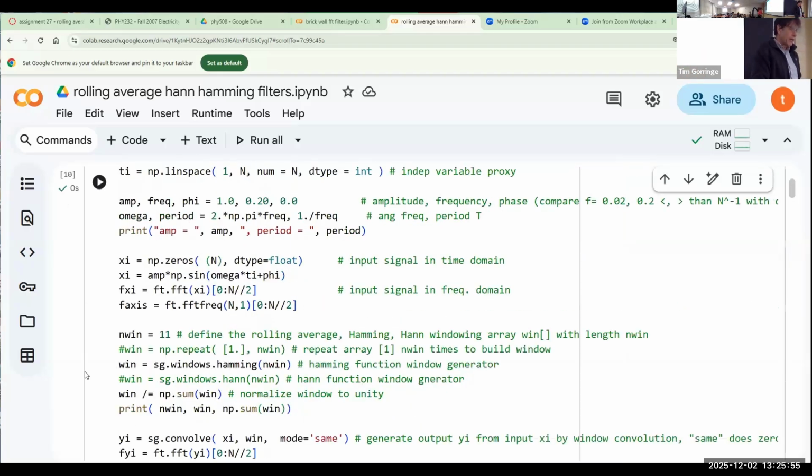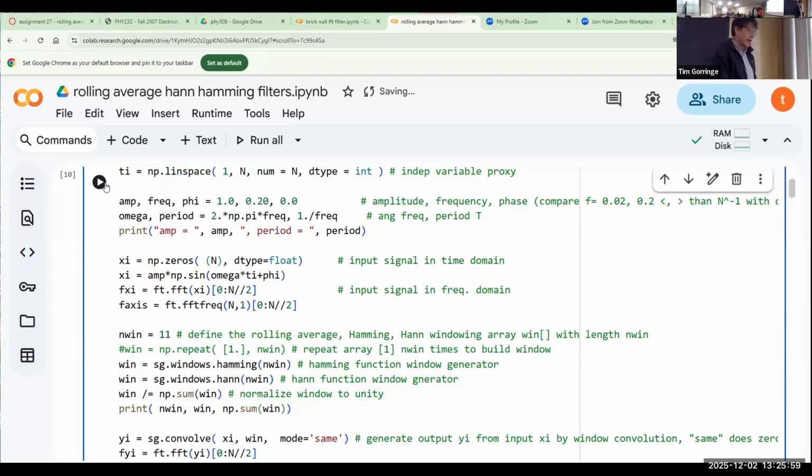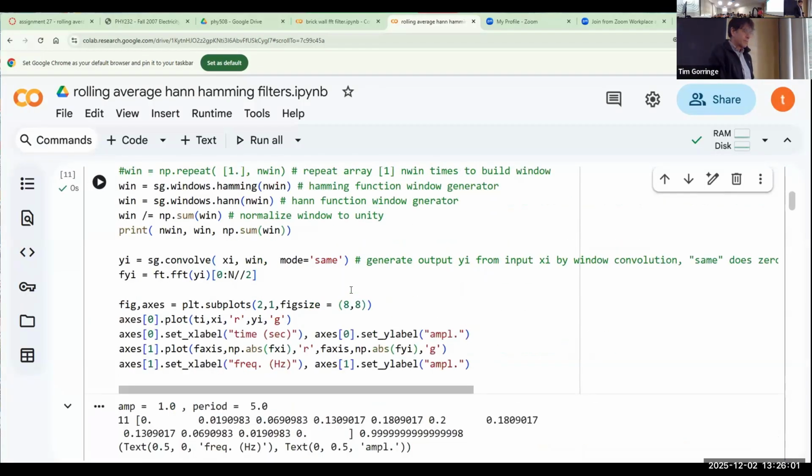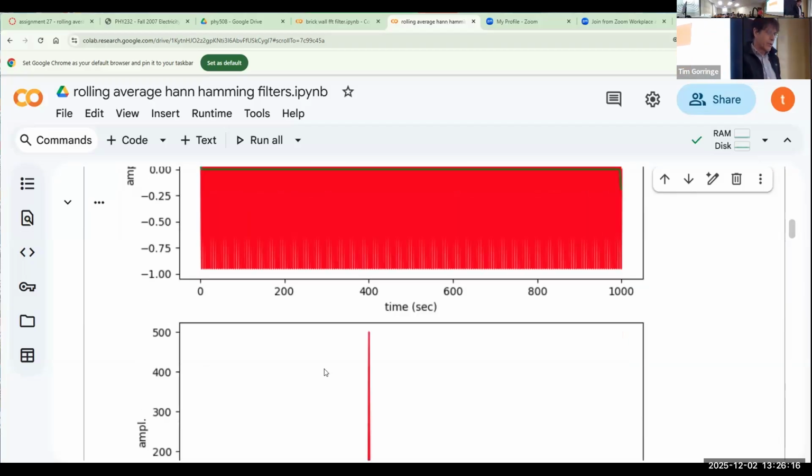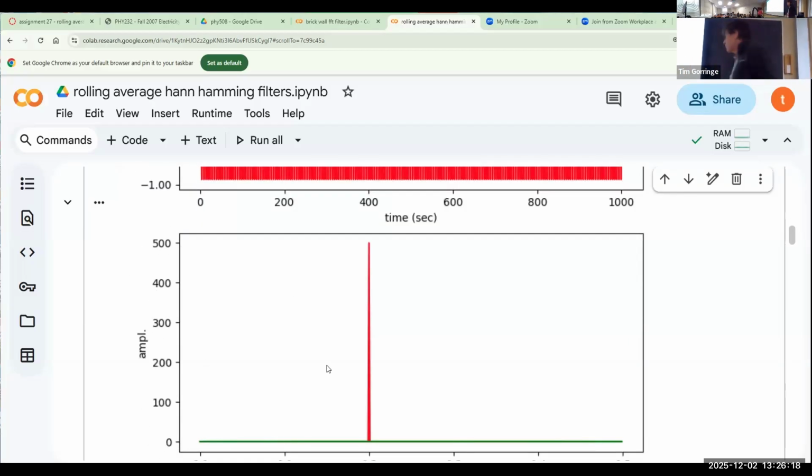And then finally, the Hann filter, we run that. Even more extinction of the signal. You see it here in the time domain. We can barely see a signal in the time domain. And likewise, if we look in the frequency domain, the two plots, we can't see the green curve here, which is just completely underneath the,